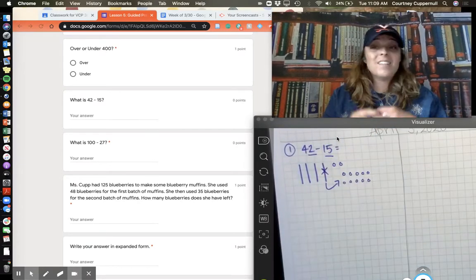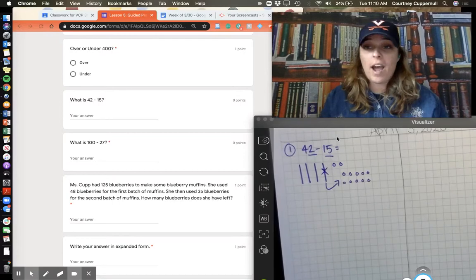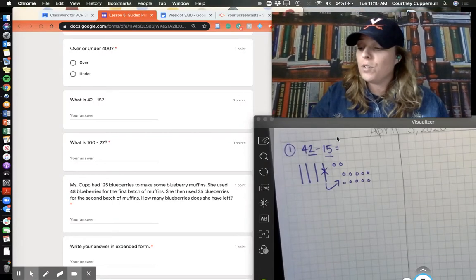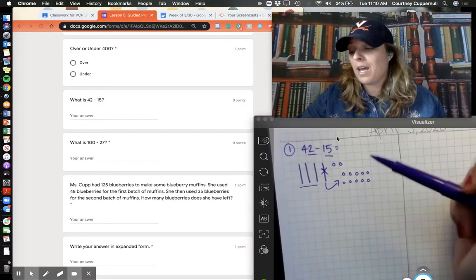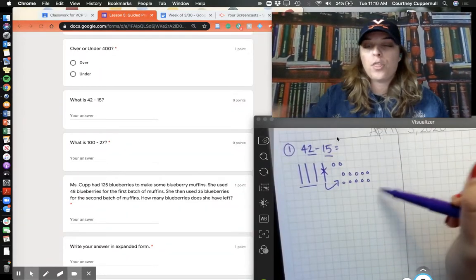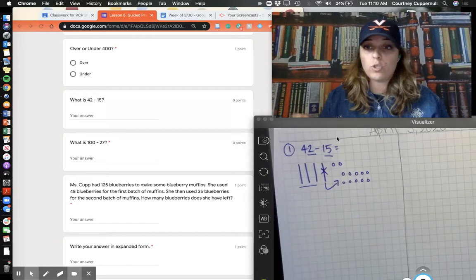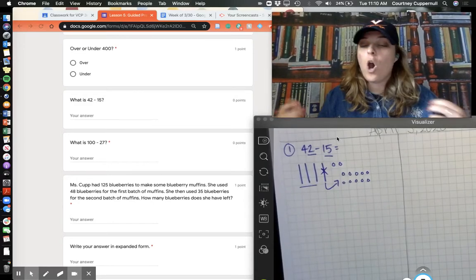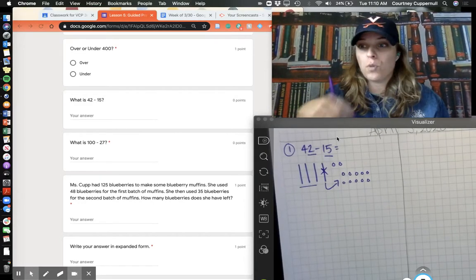So now I still have a total of 42, right? I haven't messed with anything because I still have 3 tens here. And now I just simply have a total of 1, 2 plus 10, that's 12 ones. And 30 plus 12 is still 42. So I haven't changed that start number 42. All I've done is broken it apart into different